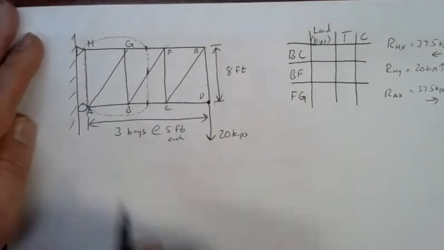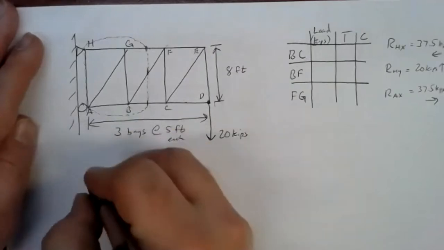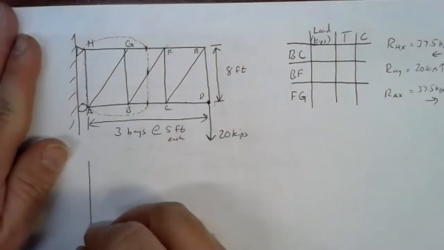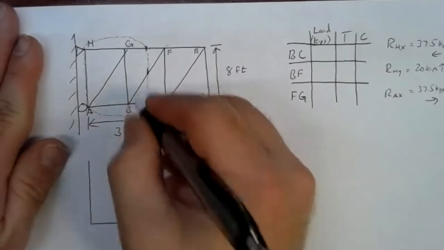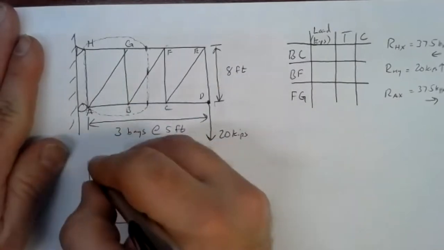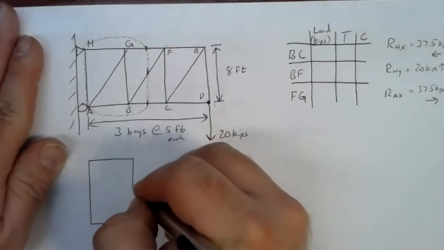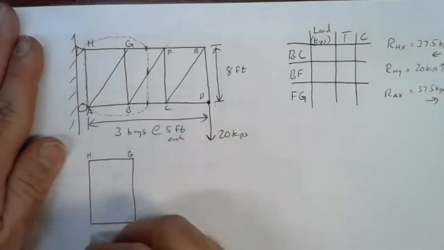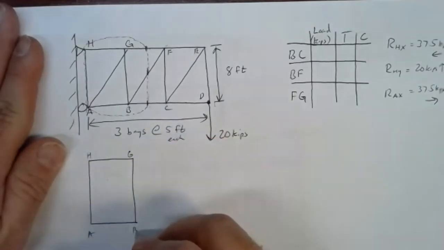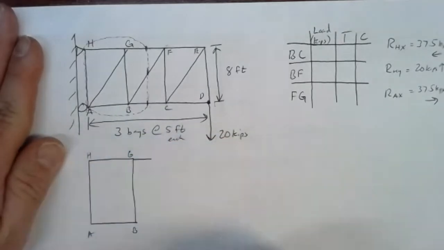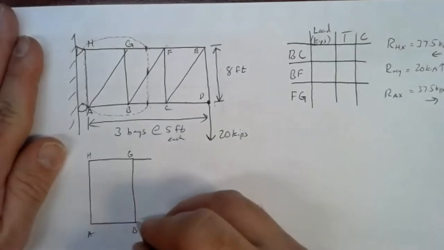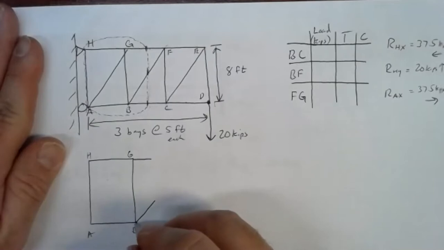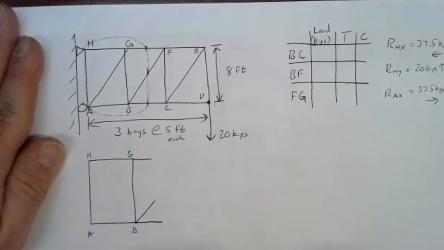Okay. So let's go ahead and close to the left here. And when I close to the left, I've got to redraw my free body diagram, but just of what's enclosed inside the bubble. So inside the bubble, I get joints H, G, I get joint A, and I get joint B, and then I get a piece of member FG, a piece of member BF, and a piece of member BC.